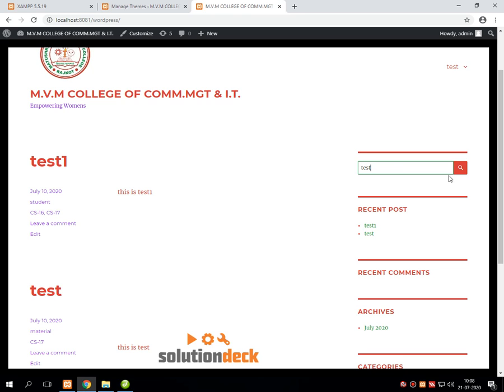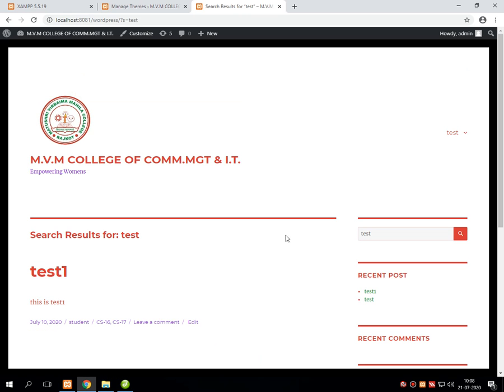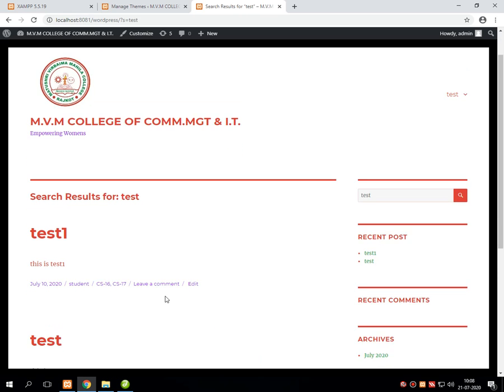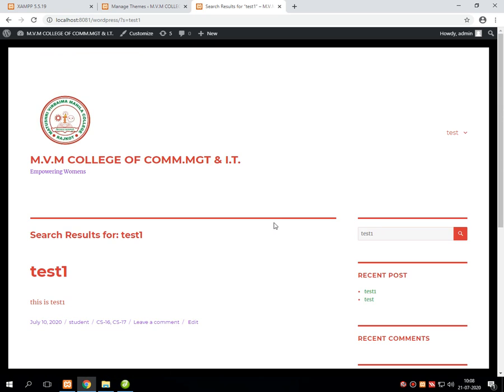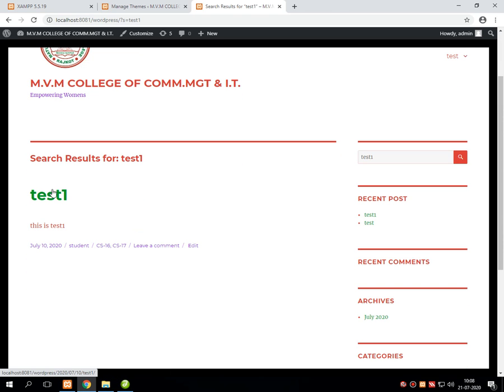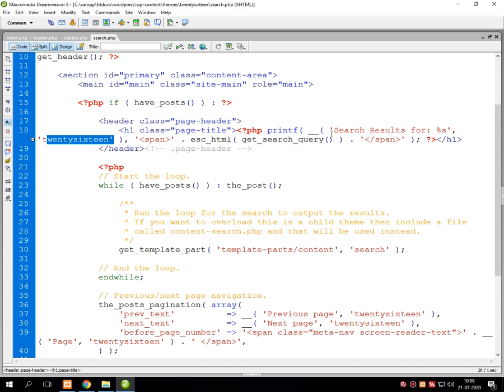search facility. Say for example, suppose here I am writing test and pressing the search button, then it displays all the posts which start with test. Suppose I am giving a specific piece of content, say for example test1, then it will return a result for test1, a single test result, that is test1 available over here.